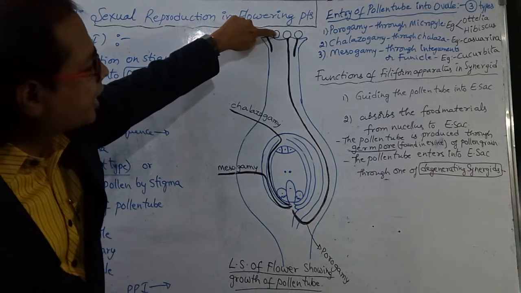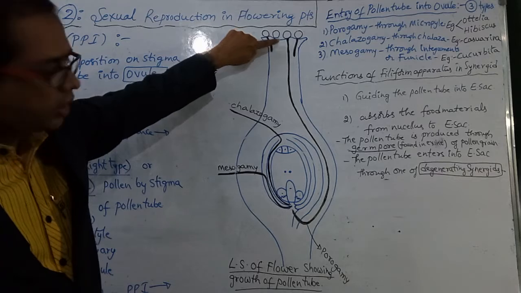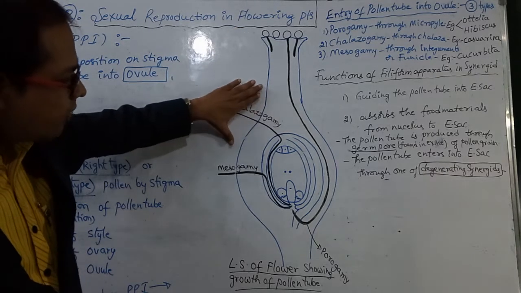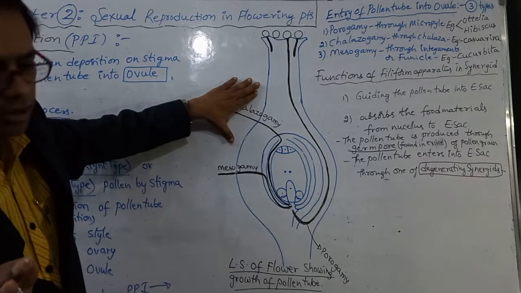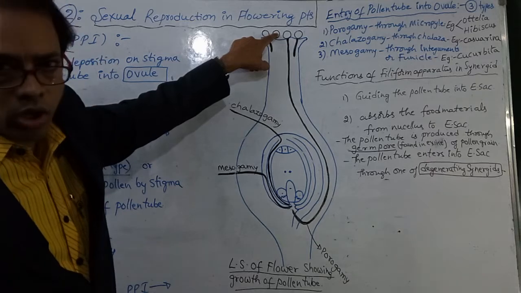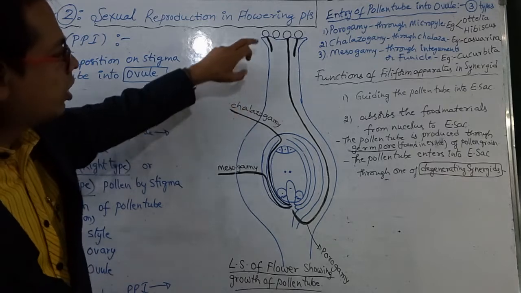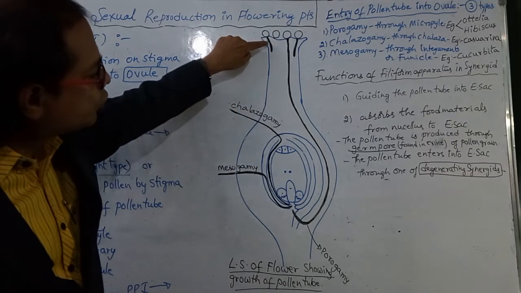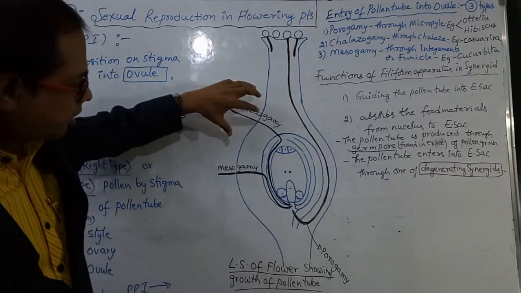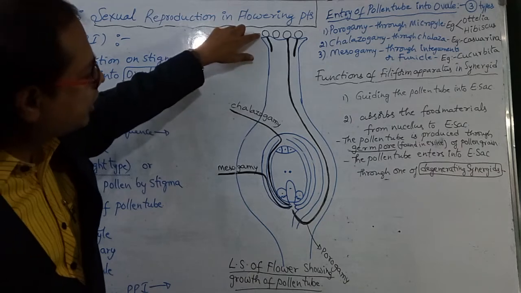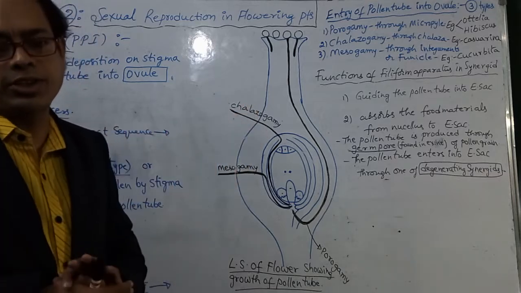This pollen grain is unable to produce pollen tube. That means what we have to note, if this ovary, this gynoecium part is hibiscus, this pollen grain is not belonging to hibiscus. That point we have to remember. So here pollen tube is formed, here pollen tube is formed, here pollen tube is formed. That means this gynoecium and these pollen grains belong to the same plant species.